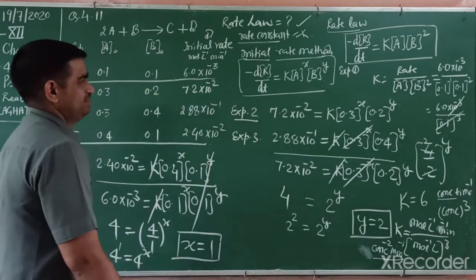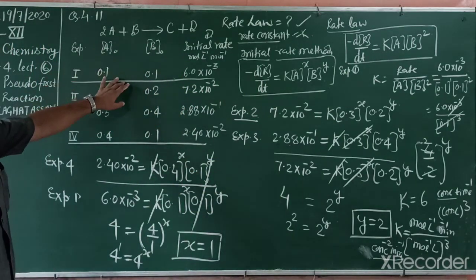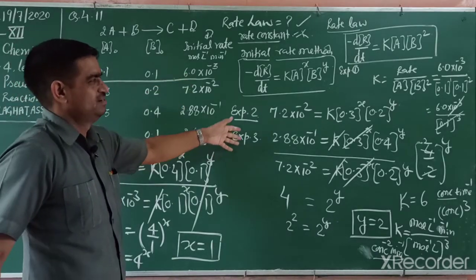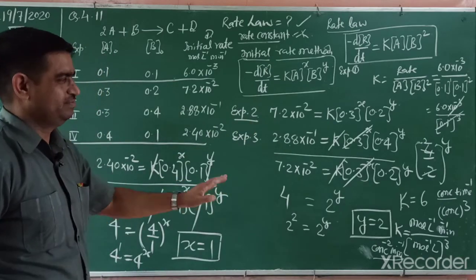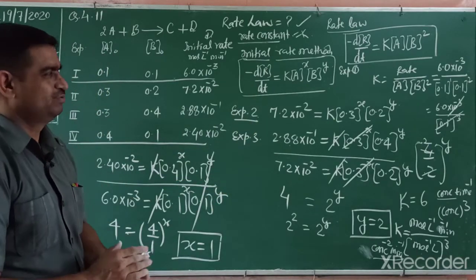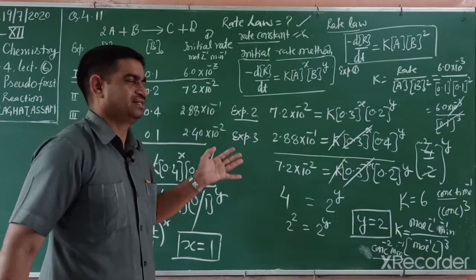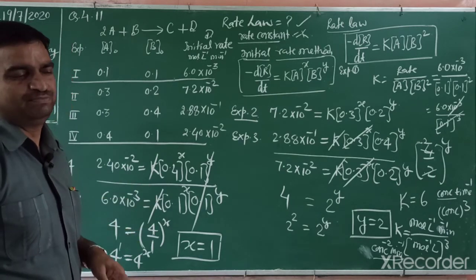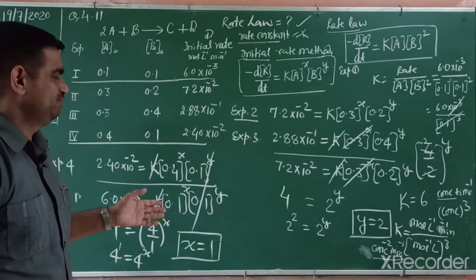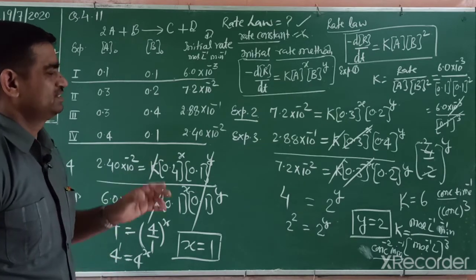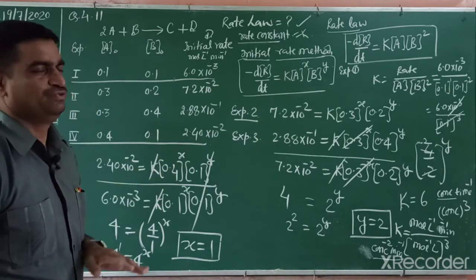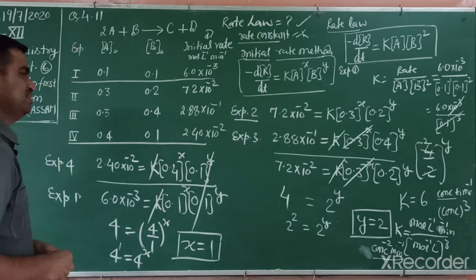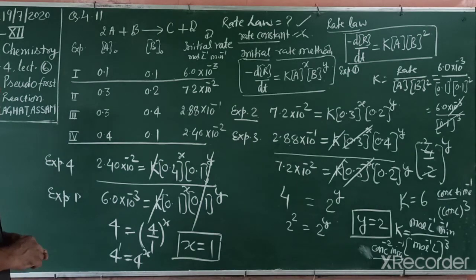So students, in this way you can solve all the data. First you compare which data cancels, you select it, and write the rate law by cancelling, and then we can find it out. In your NCERT book, 3-4 numericals depend on this one example. Solve all those numericals, and if you have any problem, see the reference book. You can easily identify the rate of reaction and rate law and write its units also. If you don't write the unit, you get fewer marks, meaning half marks can be deducted for the unit.